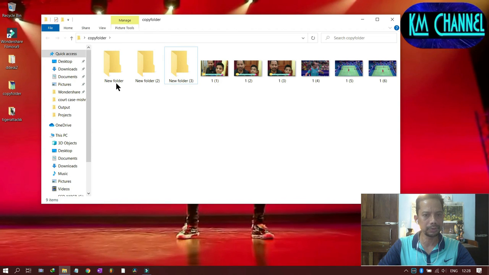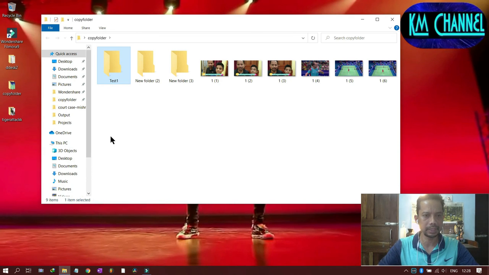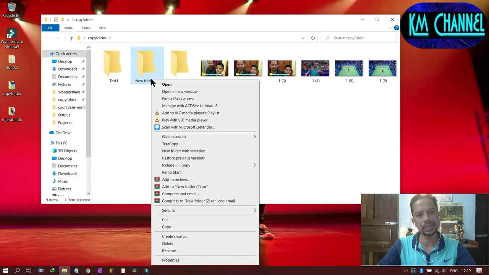Now if you want to rename them, there are many ways to rename. Just highlight the folder like this and you press F2 and you say test1. So this is one way. You highlight the folder and press F2. The other is you highlight with left mouse click and then with right mouse click these options will come.